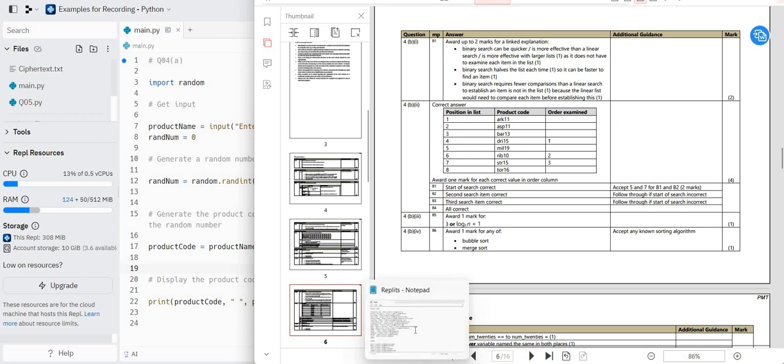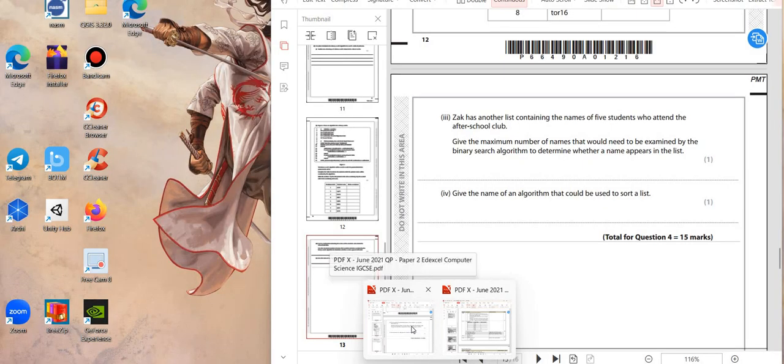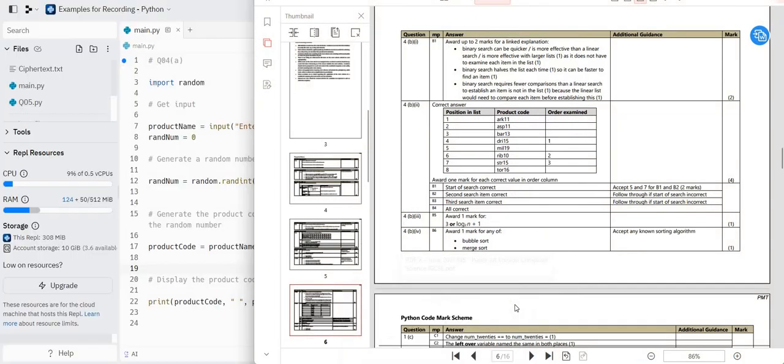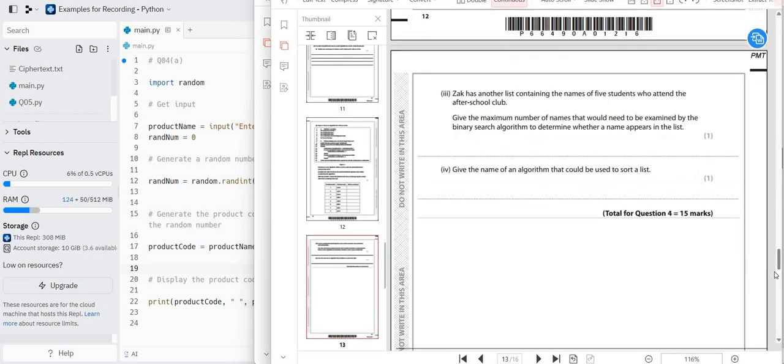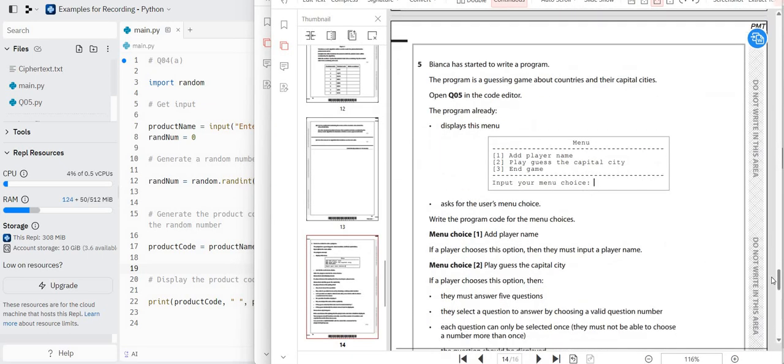Doesn't really matter in this case, so you could just say 3. And then the last one, give the name of the algorithm that could be used to sort the list. So you have bubble sort or merge sort. You can have insertion sort, but in this case they only want bubble sort or merge. Okay. And the final question,